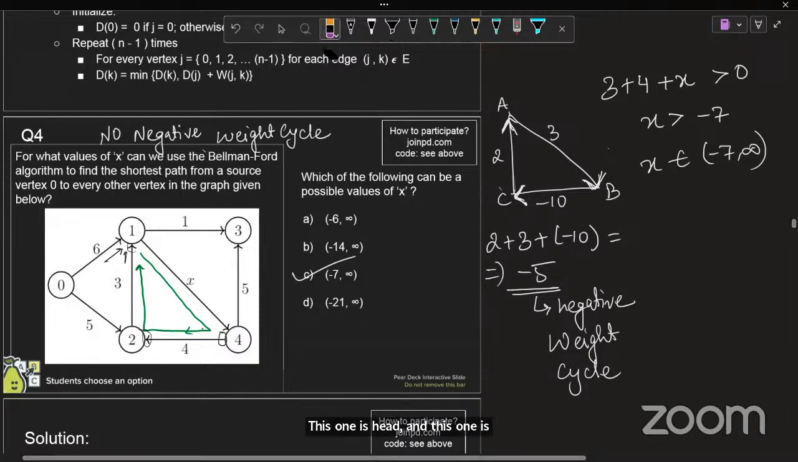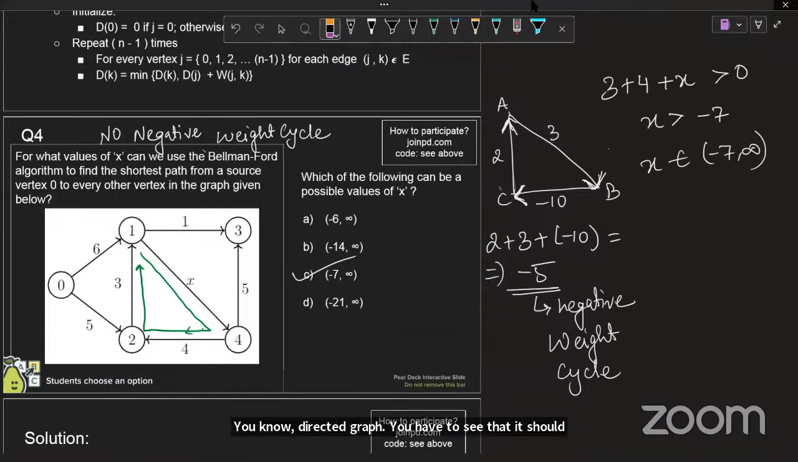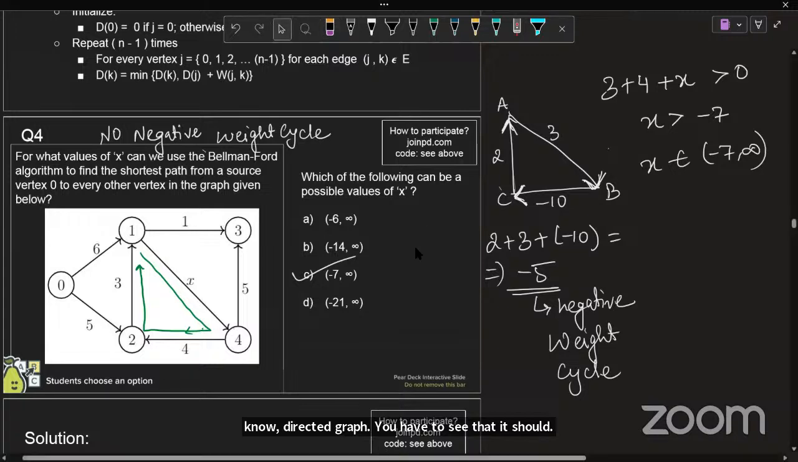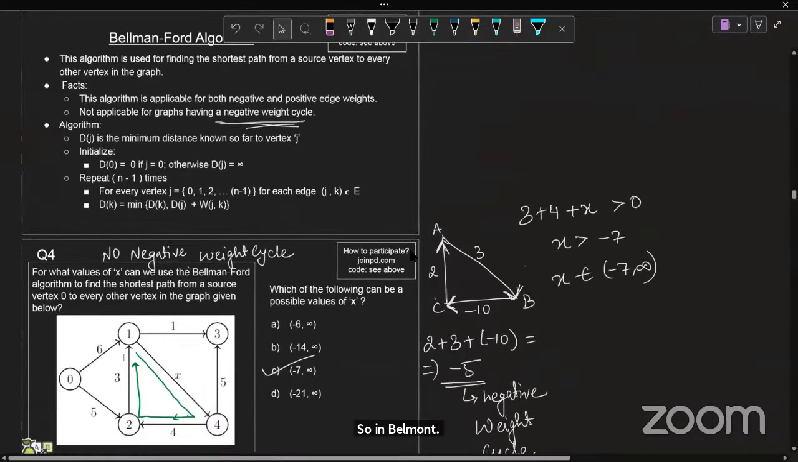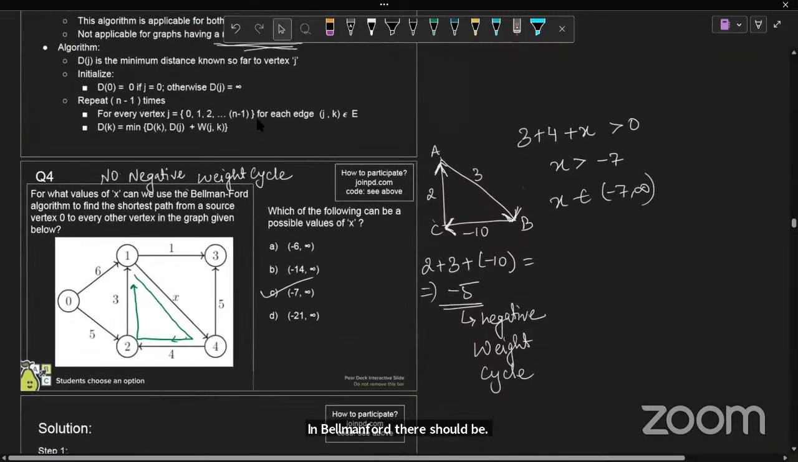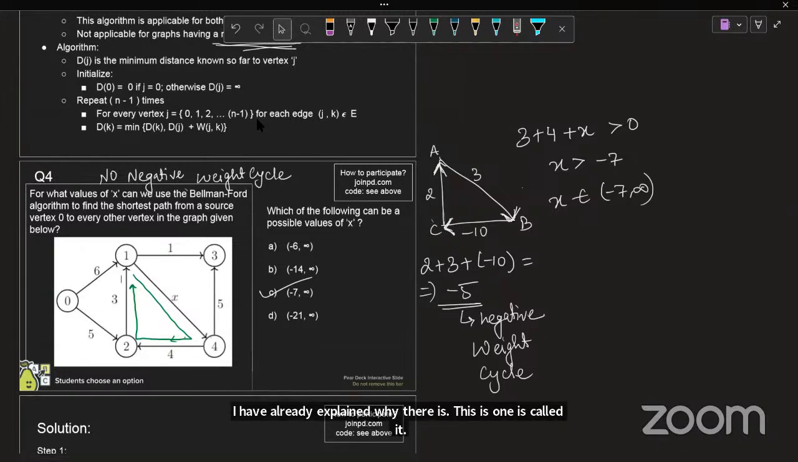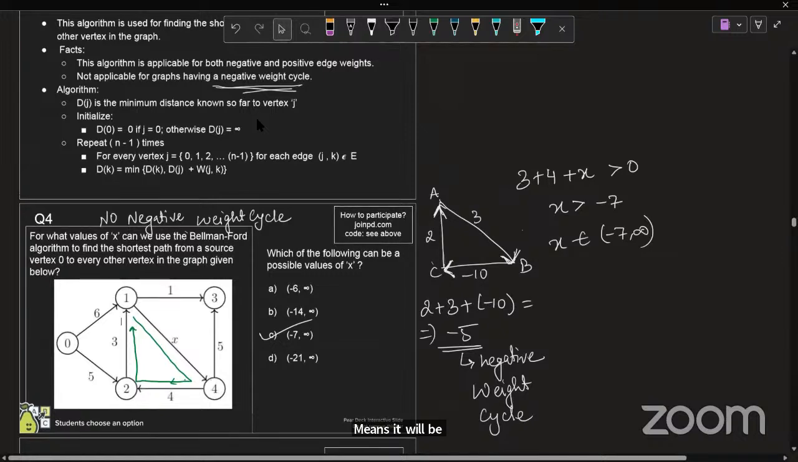So you have to see the graph. In a directed graph, you have to see whether it is forming a cycle or not. In Bellman-Ford, there should be no negative weight cycle. I have already explained why this is called so. It will be our condition: our first condition is that there will be no negative cycle in